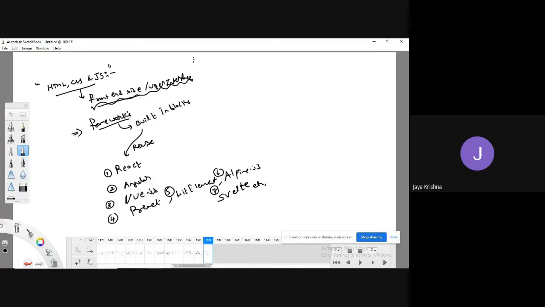If you look at this front end part, the user mainly concentrates on the look and feel. So for that, we have to analyze ourselves which is the best framework, meaning we need to select the best user interface framework. And one more thing is, all these frameworks are developed with the help of HTML, CSS, and JavaScript only.